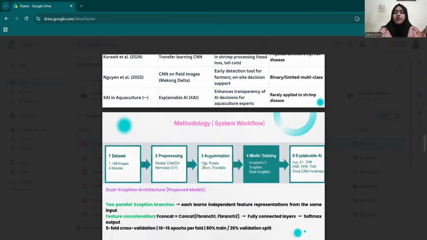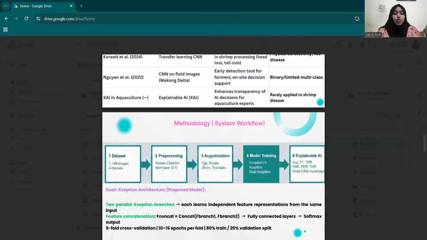And here is also step 5, in which I actually made a mistake, but steps 5 and 6 are combined there. So here is Grad-CAM to visualize model decisions. Now the most important contribution is the Dual Xception model. Imagine two expert doctors looking at the same shrimp photo at different details, then they combine what they both noticed. That is actually how this explainable AI works. So this is exactly what Dual Xception does.